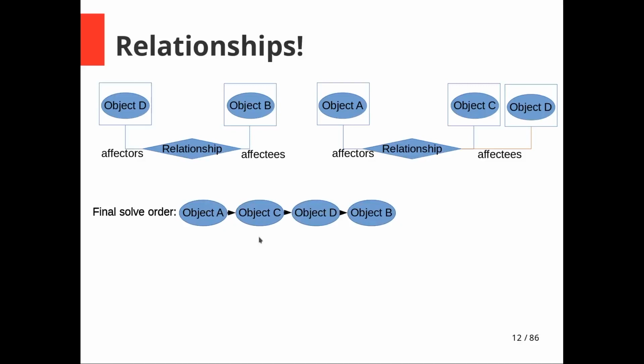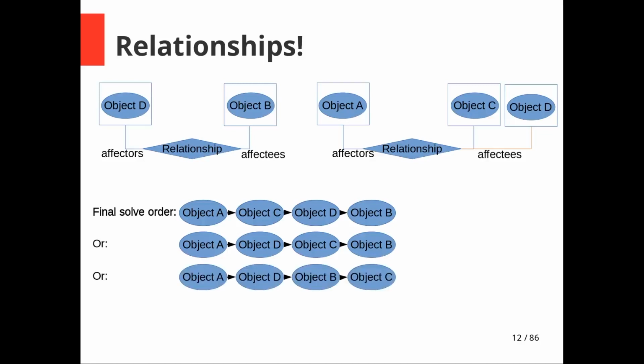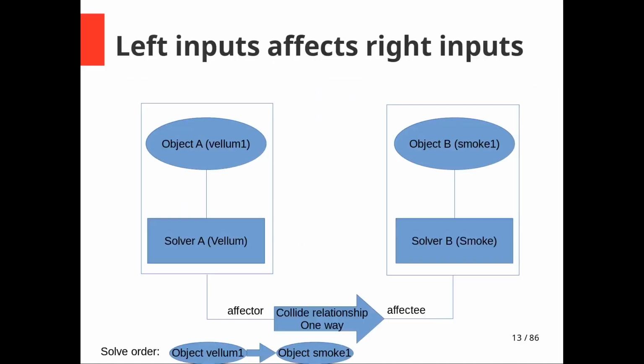But sometimes there are multiple valid solve orders. In such cases, independent objects will be solved simply by their object ID order. So we have a collision relationship between our vellum and smoke object. The default way to create such a collision relationship, everybody knows intuitively, is to plug objects' node graphs into a merge